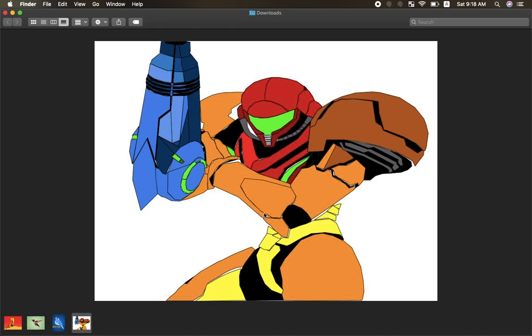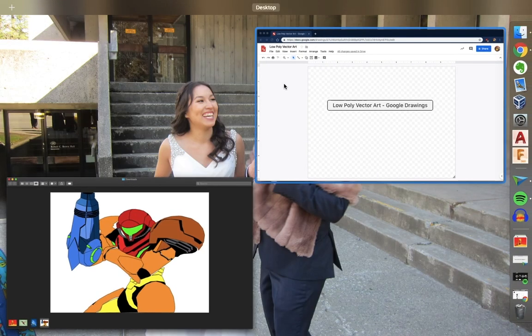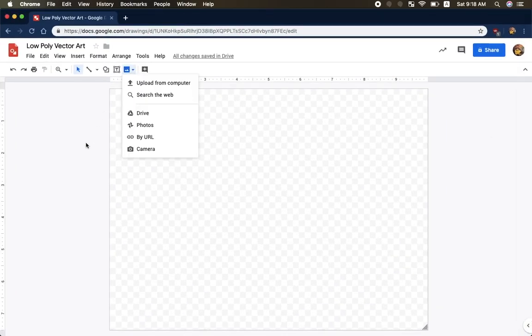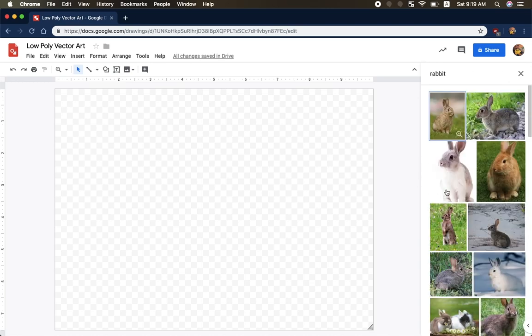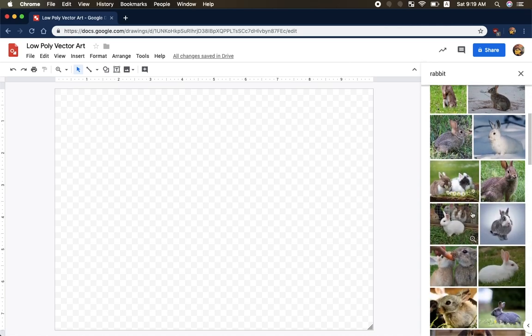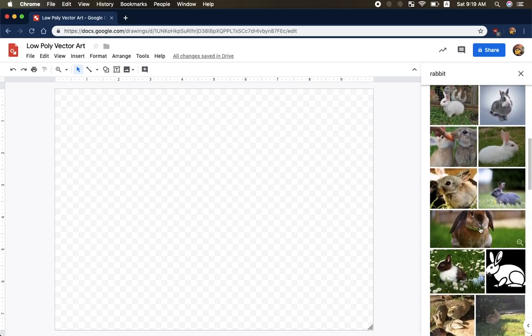If you use video game characters like this, there's not enough color variation between their fur and it makes it a little harder. So you want to come up to selected image, and after you're at selected image, you're going to search the web and search for an animal. I think I'm going to choose a rabbit for mine, so I'm going to search for a rabbit, and then I'm going to choose an animal that's got enough color variation in him. What's important is you don't choose an animal that all has the exact same color, so I think I'll choose